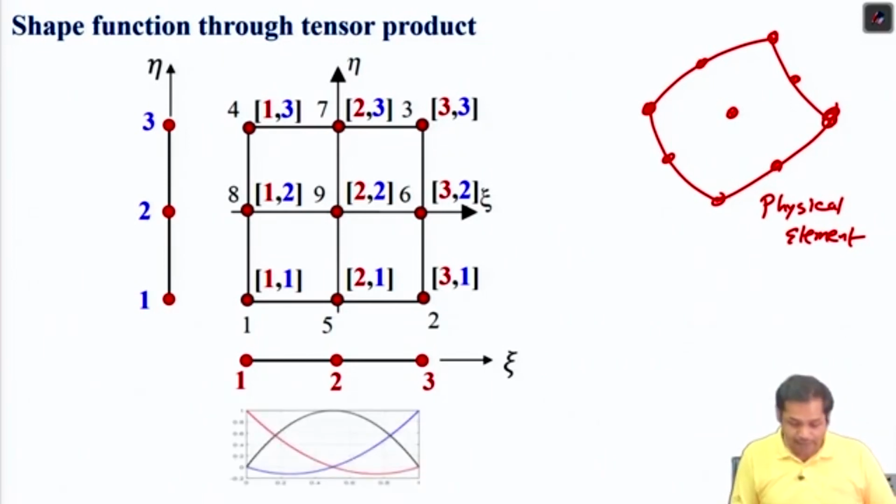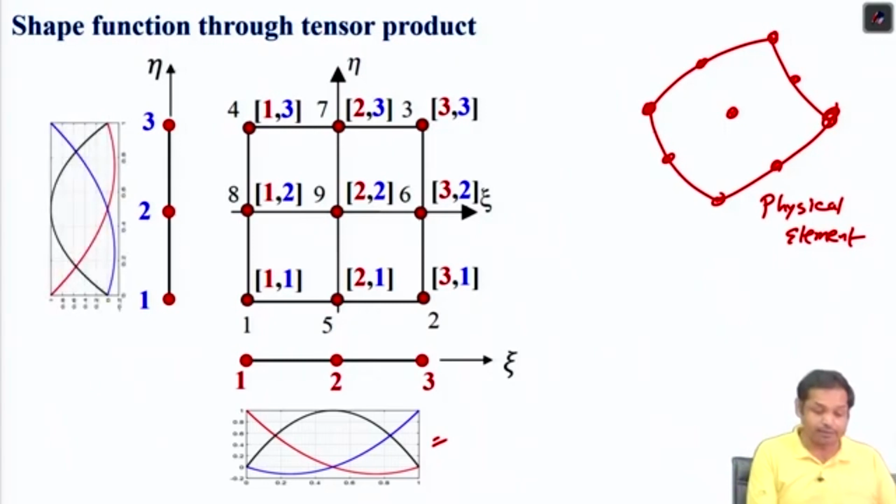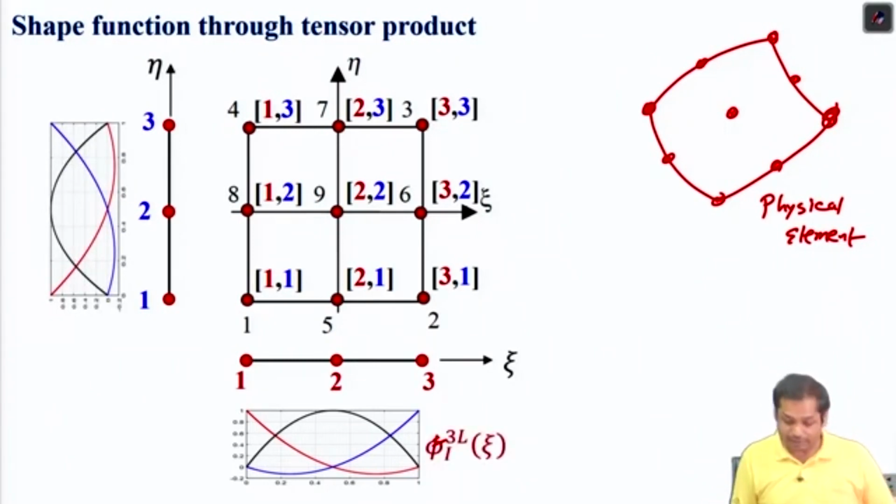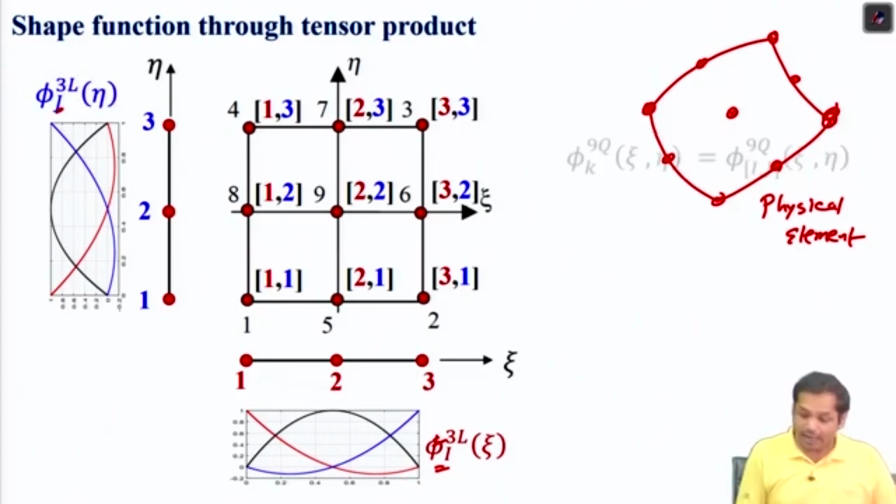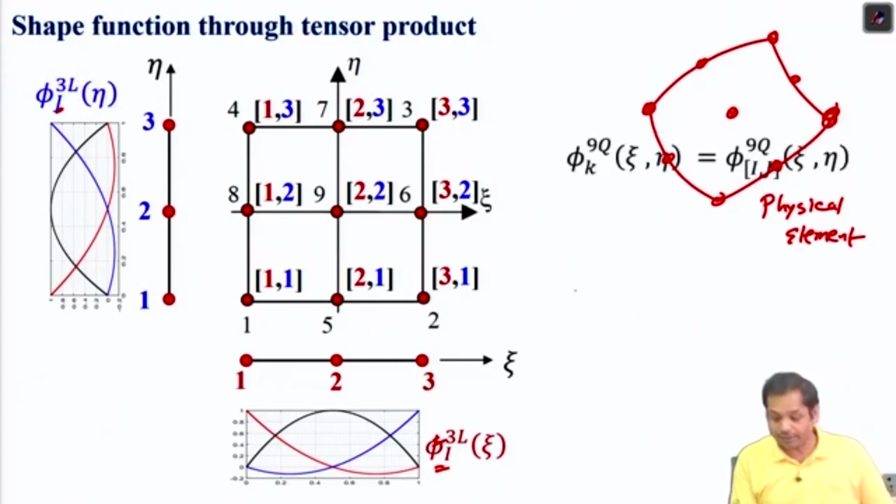Okay, and then we know these are the shape functions. We have already seen the 3-noded bar element and what the shape functions are. Similarly, we can have a shape function like this, and if you take the product of these, we can get the shape function of this. So this will give you i and this will give you j, and our shape function will be this, phi k 9Q, because it is a 9-noded quadrilateral,